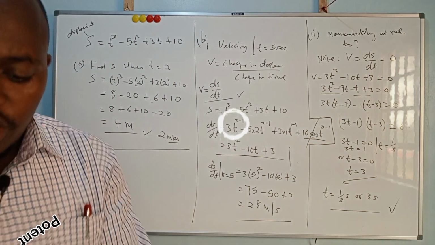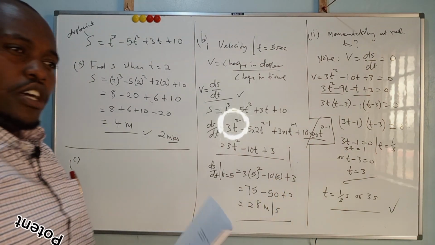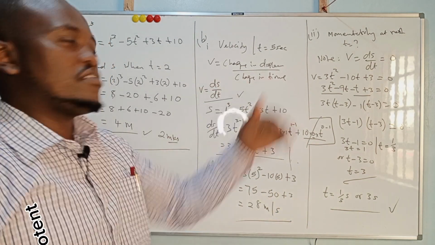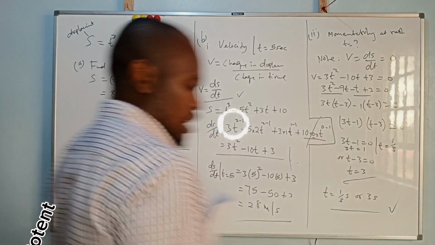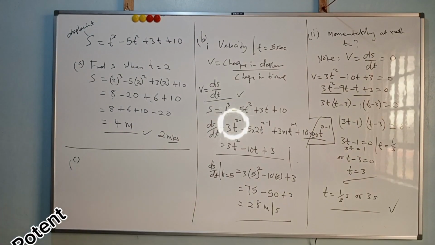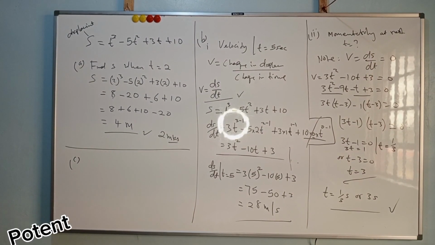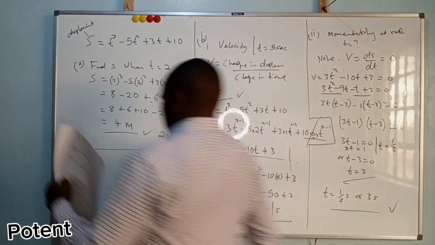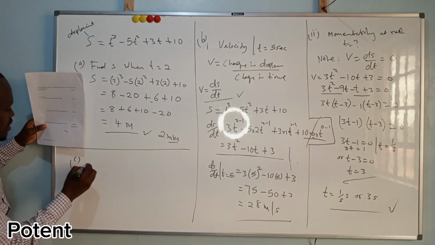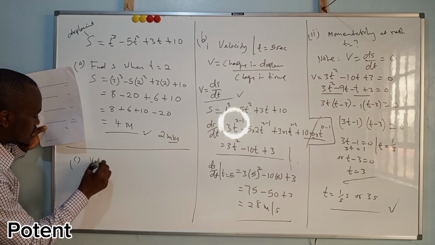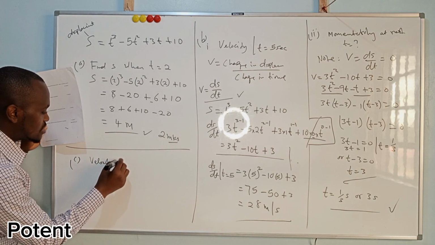The time when the velocity of the particle is maximum. So what do we know about maximum velocity? I hope you can see here, but I can still write there. When the velocity is maximum,